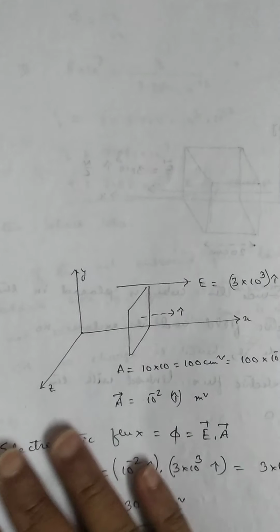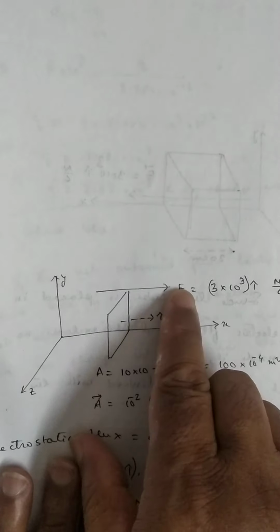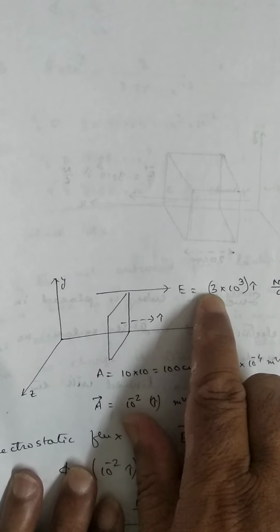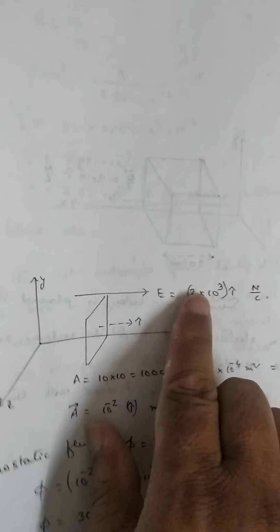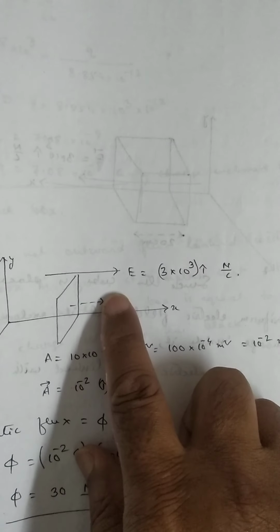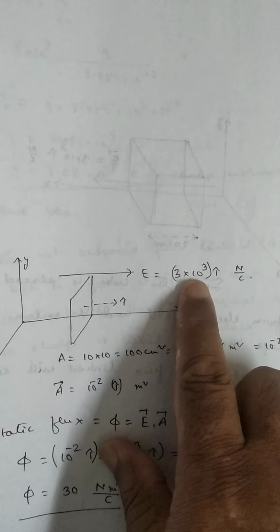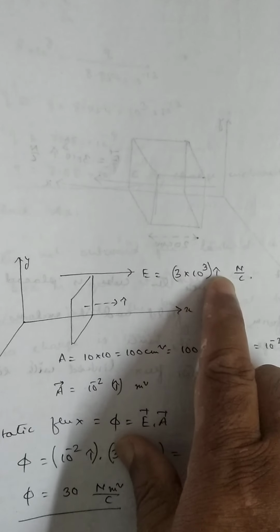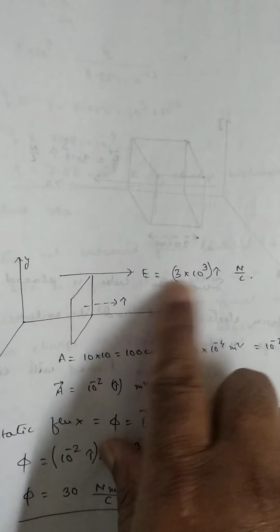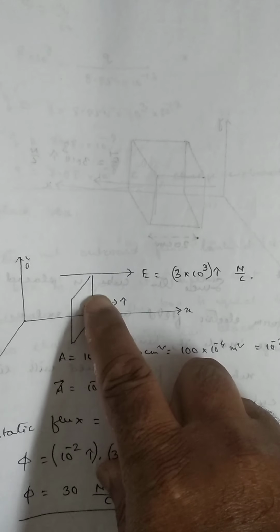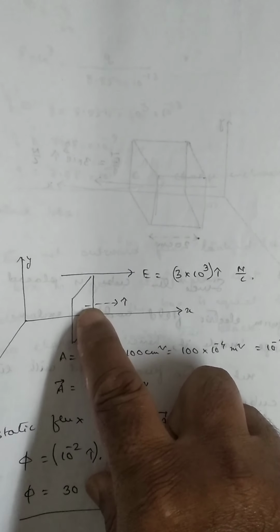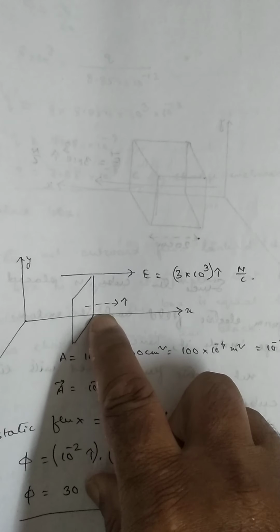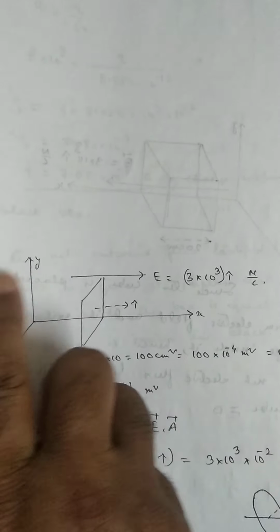Okay, so this is the electric field. What is the electric field? 3 into 10 to the power 3 i cap. i cap means it is along the x-axis. What is the magnitude of the electric field? 3 into 10 to the power 3 Newton per coulomb. And this is the square plane. The electric field is along the x-axis. Therefore, any plane which I draw on the x-axis parallel to the YZ plane,